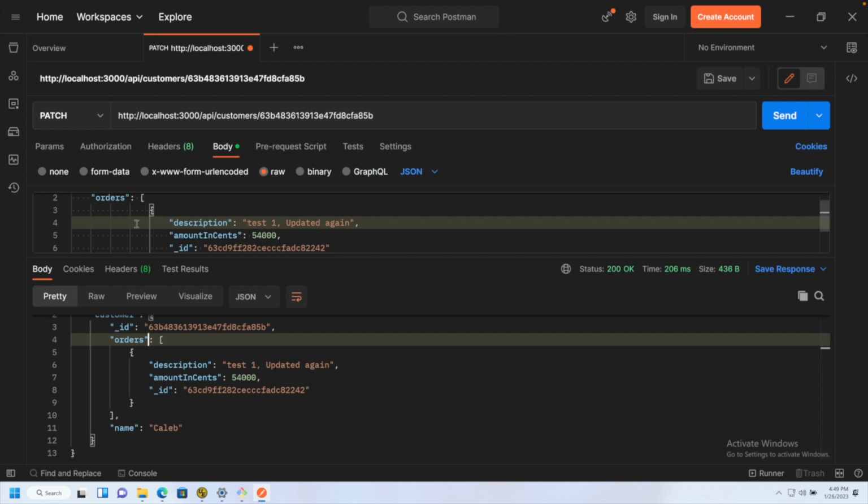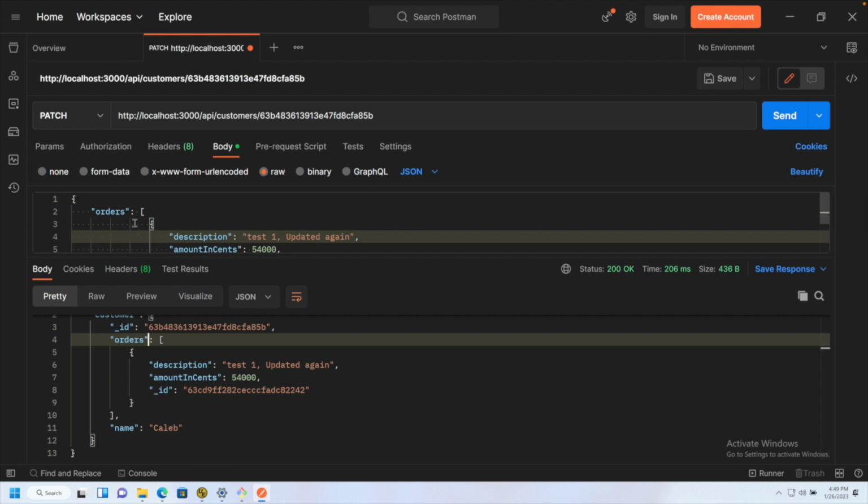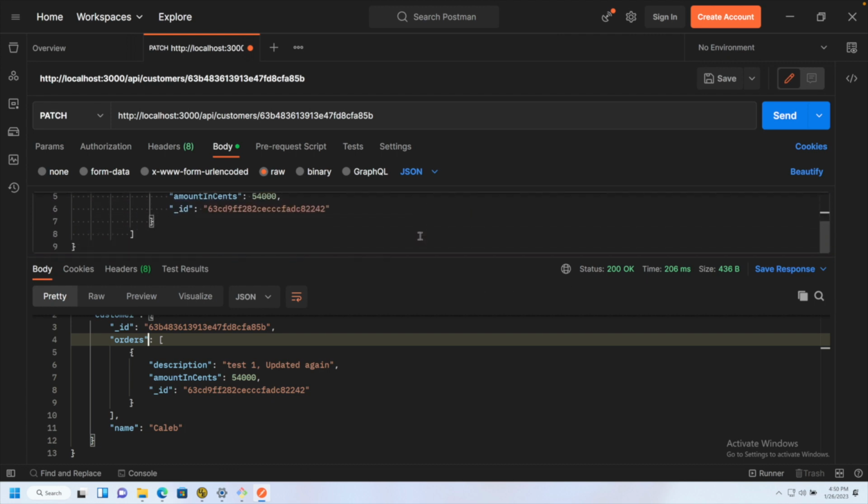So there's various ways of working with nested data, and in some scenarios you might not have nested data but rather a different database or a relationship to a table that has the orders. So that could be set up in MongoDB, but typically with MongoDB you're going to have nested data. So what we could do is figure out a way to uniquely identify an order, which we have